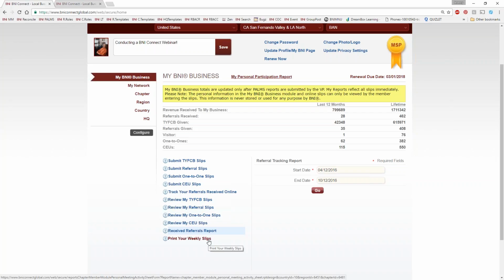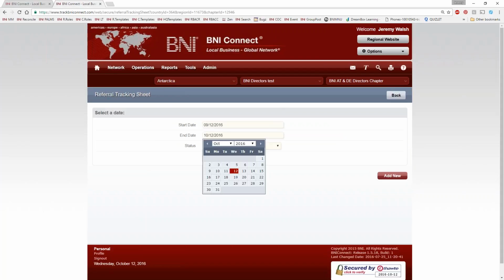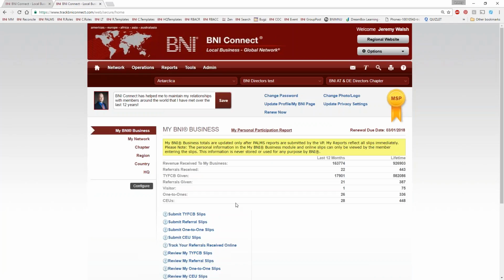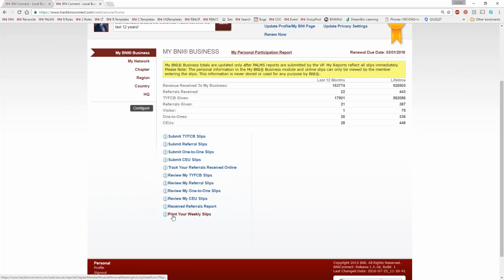The only difference is that we don't necessarily have to turn in that piece of paper, because this will automatically be put into the POMS report for the vice president. It actually makes your vice president's job 100 times easier. But we can still print out our slips in order to make sure that we still have that same excitement, especially for visitors. And also if you want to be included for the door prize drawing.